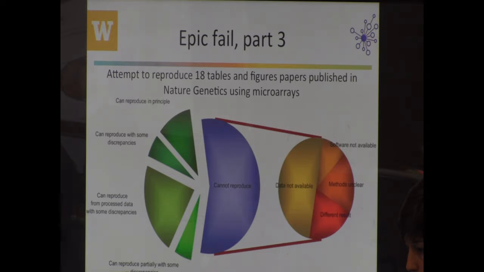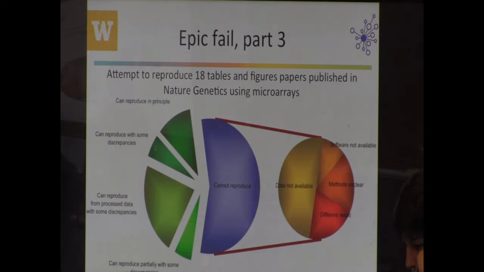Over here on this side, this green side, you might think that that's good, right? Because that's the could be reproduced. But if we drill down into what those labels are, it's a bit telling. This chunk here, which is perhaps the most positive assessment, was can reproduce in principle. Not can reproduce wholly, but can reproduce in principle. So the best that they were able to do was to reproduce some number of these in principle.